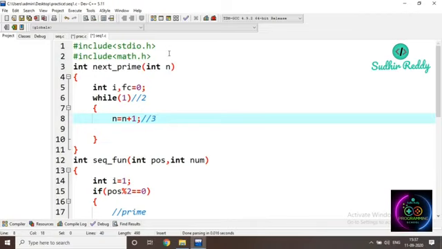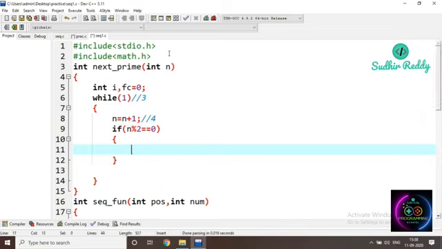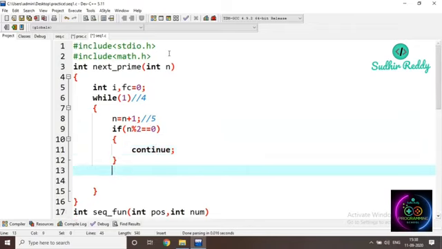I am going to find now whether 3 is prime or not. For example, if the value is 3, I am going to find 4 here. Is 4 prime? No, not at all. The even numbers are not prime. That's why n mod 2 is equal to 0, if it is an even number, I am going to write continue. No need to check the factors for anything. If it is an even number, I just continue again, and n is 4 here. And n plus 1 is going to be 5 here. Is 5 an even number? No, not at all. Then I am going to calculate how many factors it has.